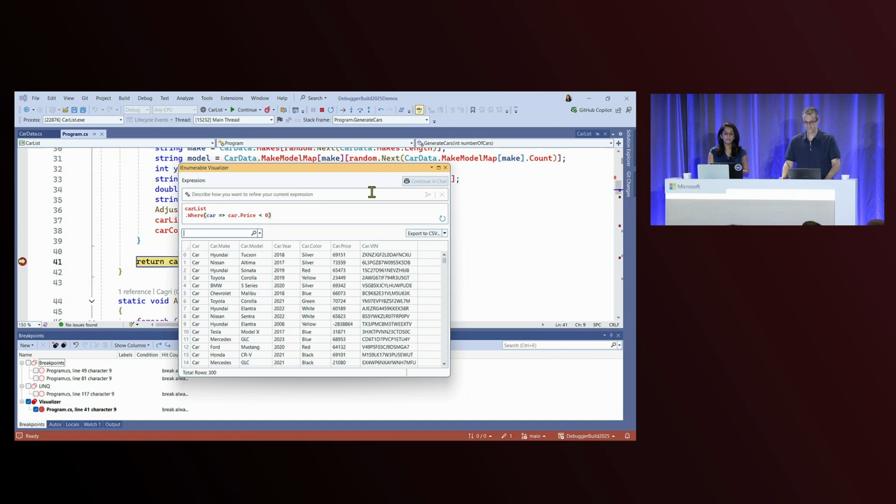And hit enter. And the visualizer will actually filter out all the cars which have negative value. Looks like I have 42 here. And it will also create a link expression in this particular text box. Now, if you wanted to refine your link expression, you can do that here in this describe link expression text box, or you can even continue in chat and have that chat experience which Charlie showed.